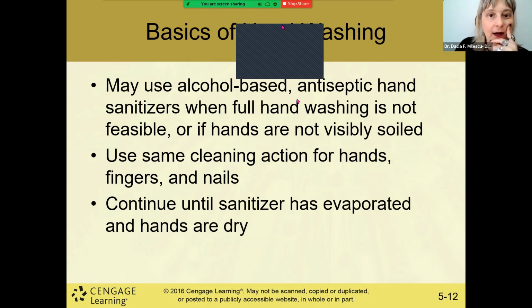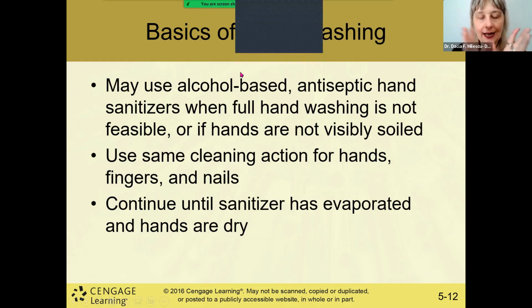Now you want to use alcohol-based antiseptic hand sanitizers in between patients when full hand washing is not possible, or if the hands are not visibly soiled. You still want to use antiseptic sanitizer. Use the same cleaning action for the hands, fingers, and nails, and continue using the sanitizer until it has evaporated and